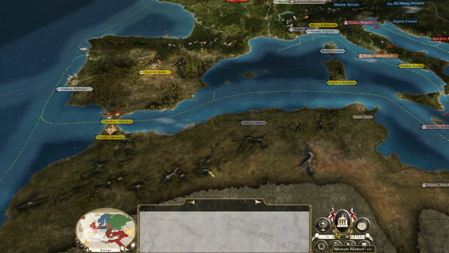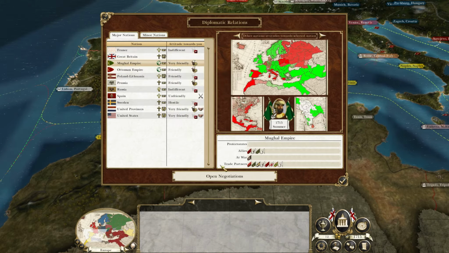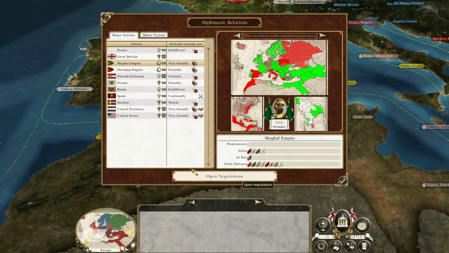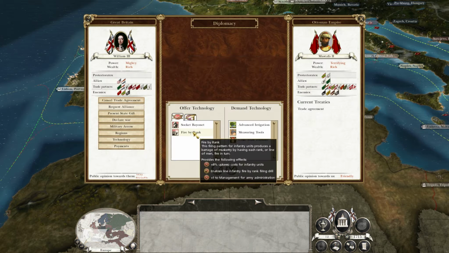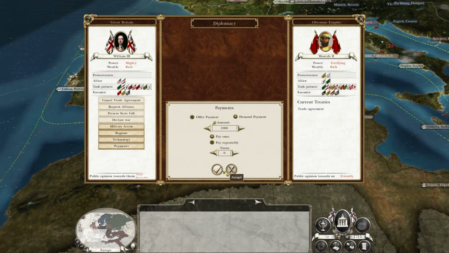Let's just, can we sell any more? I wonder if we can sell any more. To the Mughals, yeah, let's have a look. Got nothing here. Ottomans now, will the Ottomans got fire by rank and